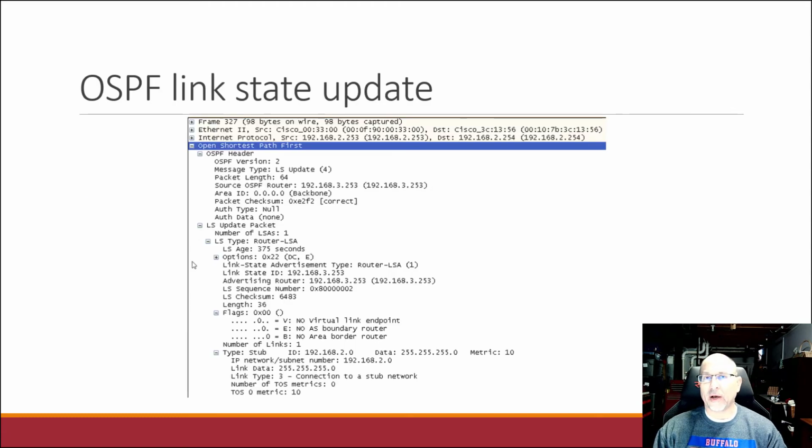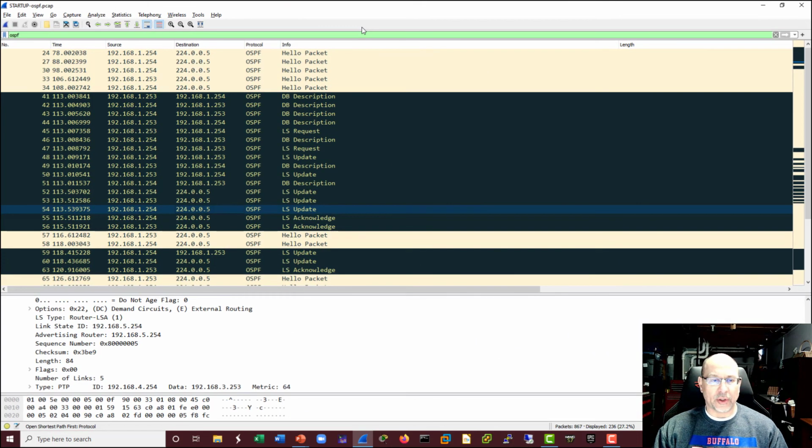Here's an example of a link state update, and link state updates can also be compound packets, meaning that there's more than one LSA in a particular packet. So here's that basic header, and then this is a link state update. So it's a type 4, but a subtype of router LSA, so a type 1. Now, this is all about a particular router's state, and so that's the information that we have in this particular update. But if we take a look at a capture that I have,